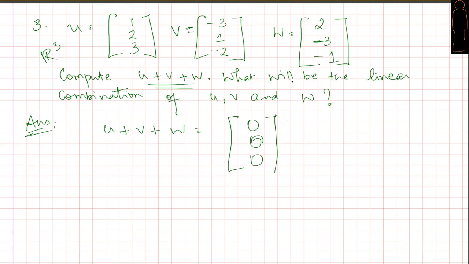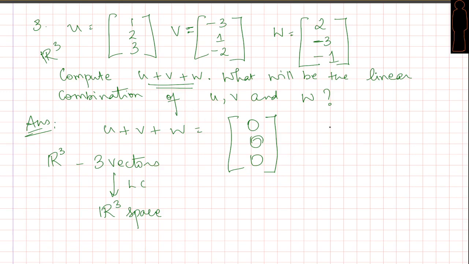And the next part says, what will be the linear combination of U, V and W. Typically what we have learned till now is that in R3, we pick up some three vectors and we describe that their linear combination took us to the entire R3 space. Now, can I apply this knowledge and give the same answer here? No, there is going to be an issue, and that is the secret of computing u plus v plus w.